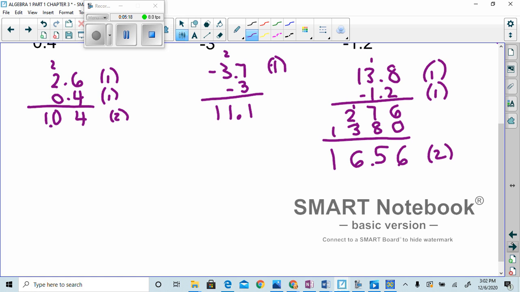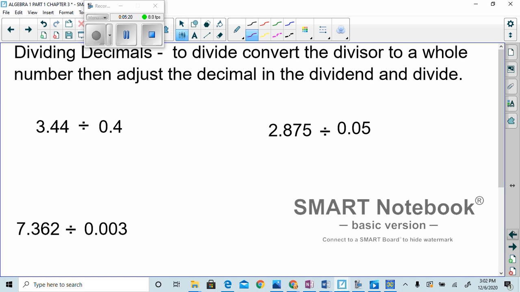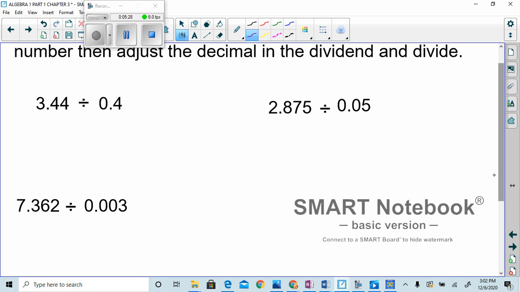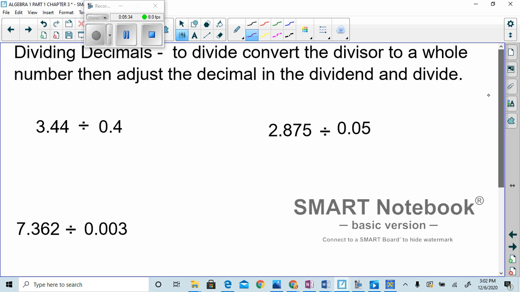On to the second type of problem for today. We want to look at dividing decimals. So again, before we put it into the equations, let's practice the skill. The first number is my dividend, the second number is my divisor. And the rules tell us to convert this divisor into a whole number because we don't want to divide by